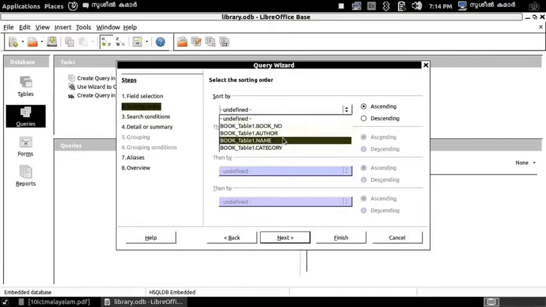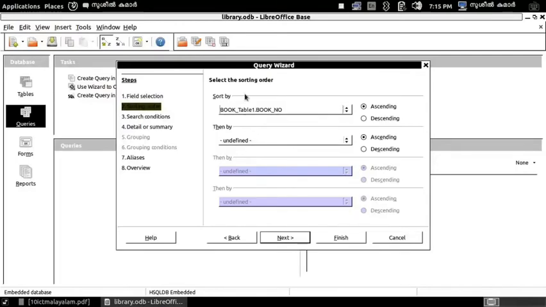We can select ascending or descending order. So in the field sort by, select the column name. Here I select the book number. Then press the next button.